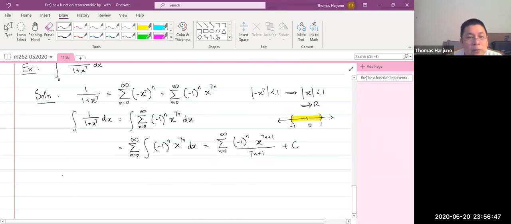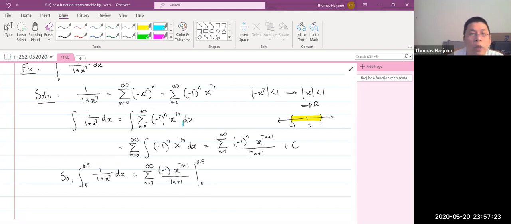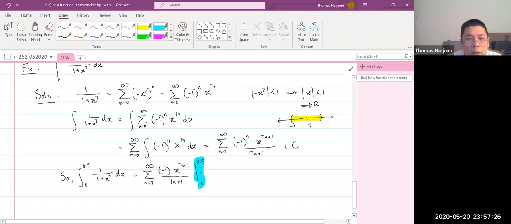Because then, if I integrate from 0 to 0.5 of this, it can be expressed by the summation from n equals 0 to infinity of negative 1 to the n, x to the 7n plus 1 over 7n plus 1, from 0 to 0.5. Now, I want you to be aware that this interval is